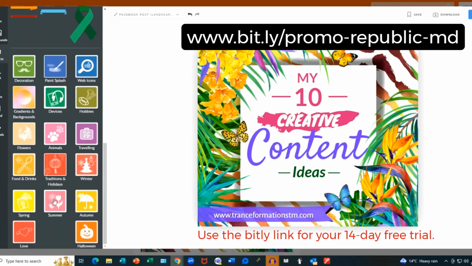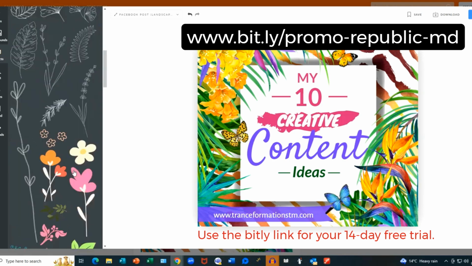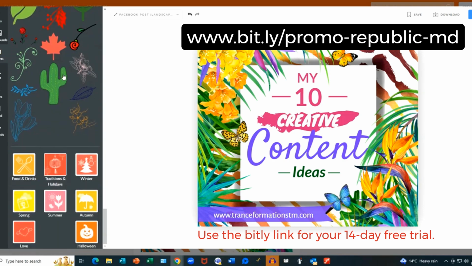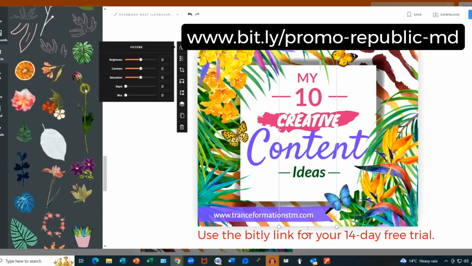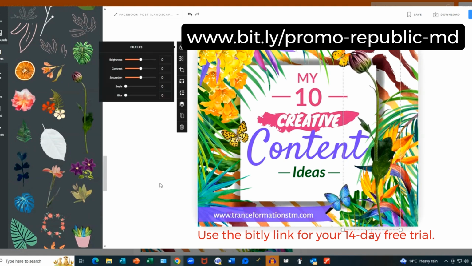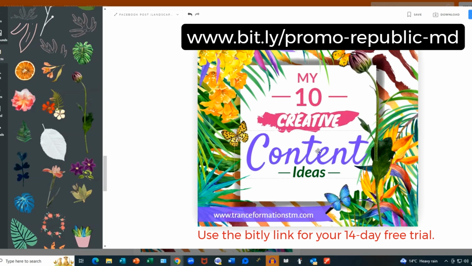I quite like, this is, we've got summer, I'm looking for flowers, that's the one, and I've got a favourite flower that I really like to use, so you might recognise this one as well. There we go, I really like this one, so I'm going to overlay that there. Oh, let's bring it in a bit, there we go, and I think that needs to move a little bit,